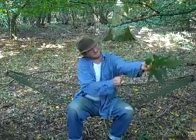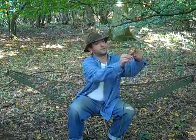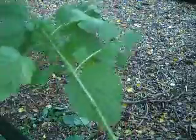Okay, we don't need to go any higher than that. That is a tough nettle. So I'll just break that off. And here we have our stem. Let me show you those leaves again from a different angle. Right, let me just show you how I picked off those leaves,